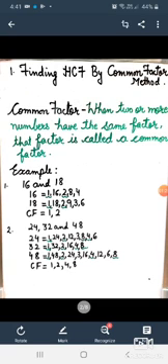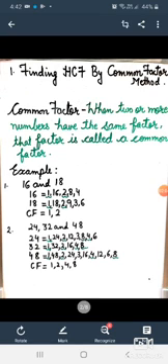In a similar way, we will write the factors of 18. First of all, we will write 1 and 18. Then we will check with which numbers 18 is fully divisible. Now 18 is fully divisible by 2, 9, 3 and 6. So its factors are 1, 18, 2, 9, 3 and 6. Now we will find the common factors of both the numbers. The common factors means the digits which are coming in both the numbers. Here 1 is coming in both the numbers and the second one is 2.